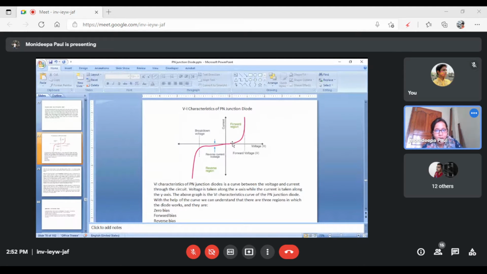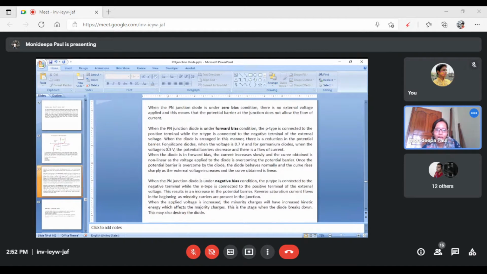At that point, the potential barrier is decreasing. That means the resultant electric field will decrease and the resistance offered by the semiconducting material is decreasing. So the diode starts conducting. That means we get current in the external circuit, in this region. For silicon diodes, when the voltage is 0.7 volt and for germanium diodes 0.3 volt, the potential barrier decreases and there is a flow of current. When the diode is in forward bias, the current increases slowly and the curve obtained is